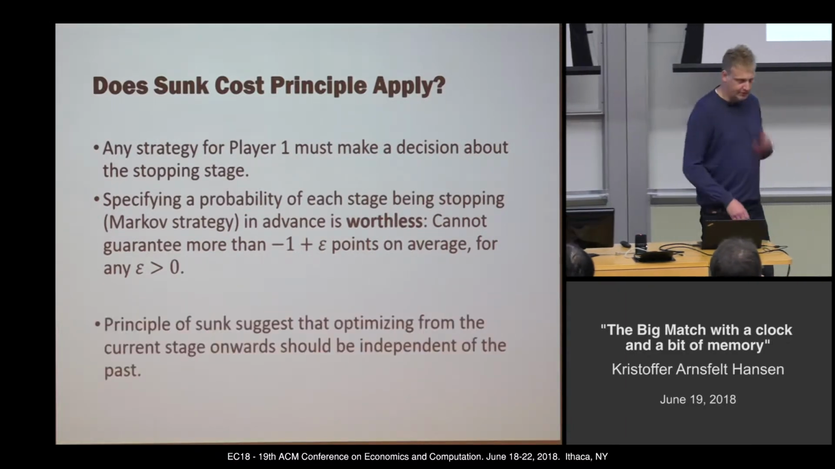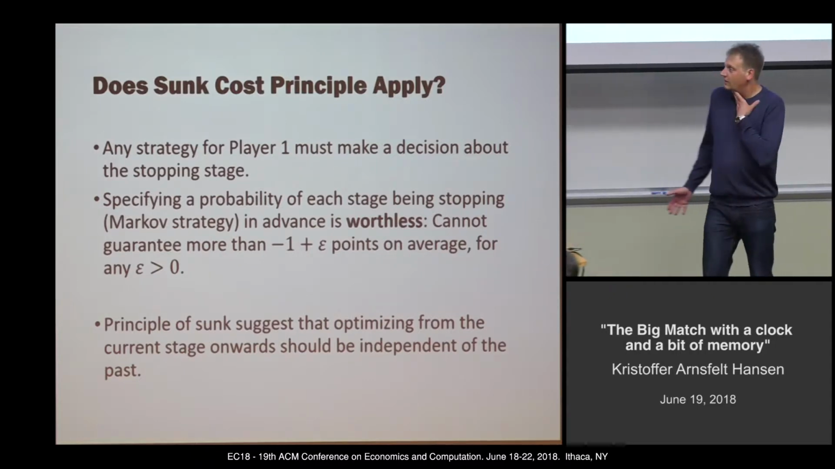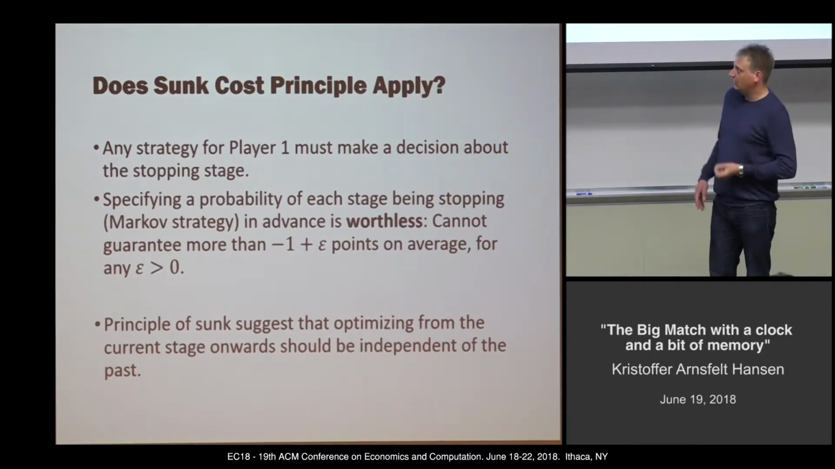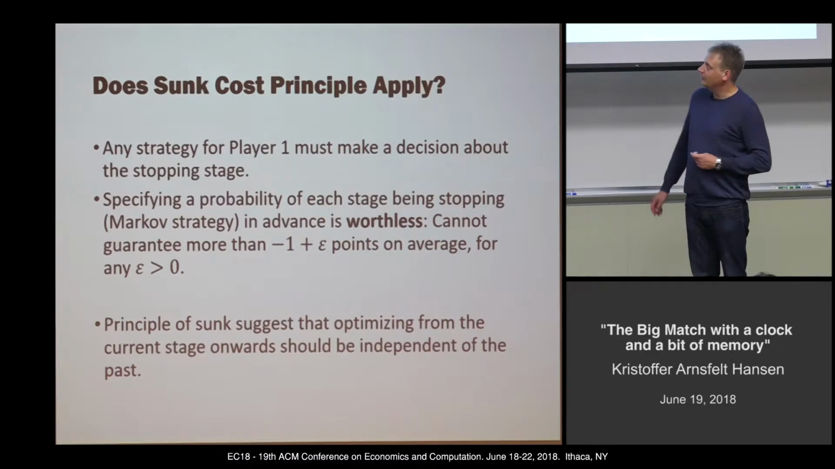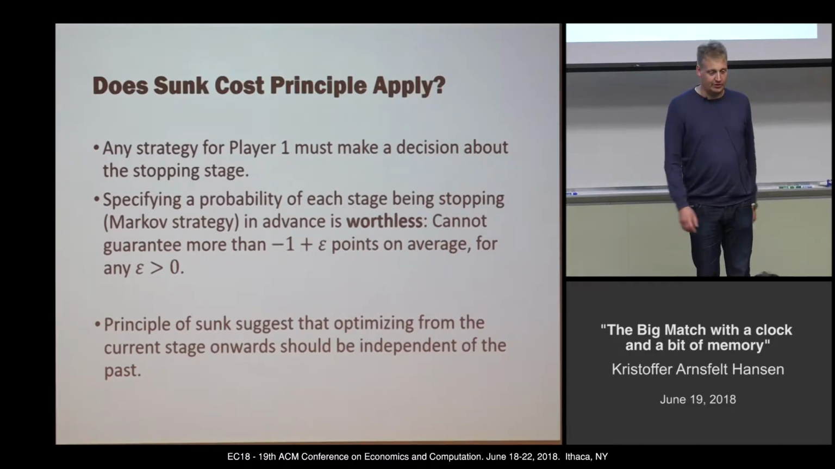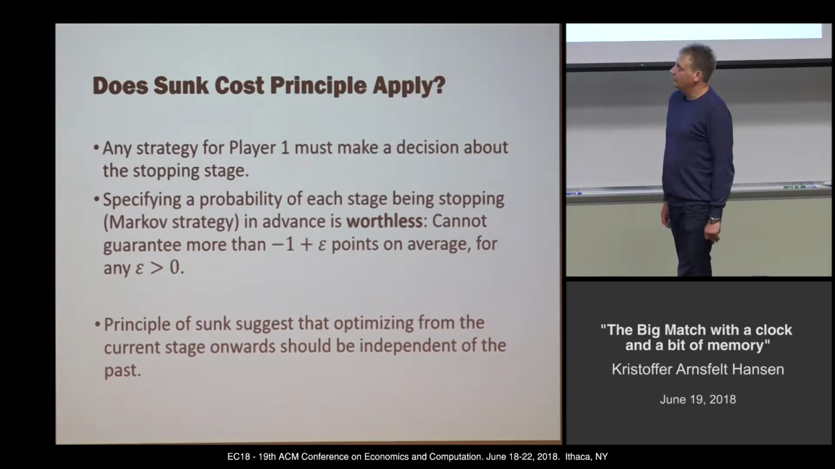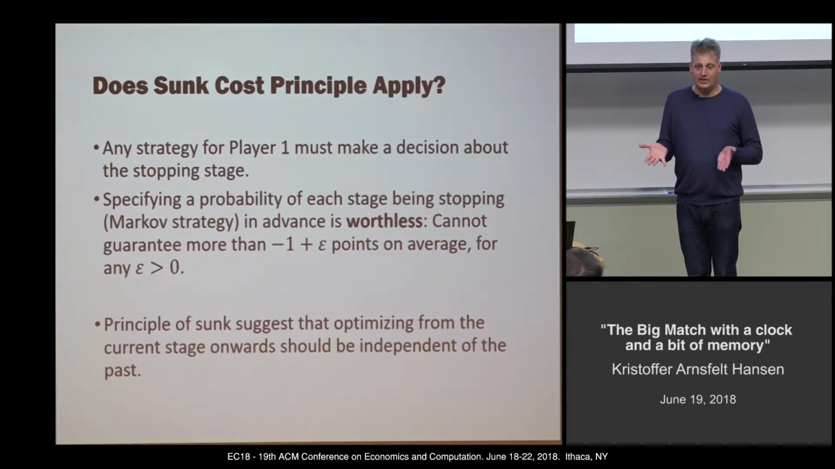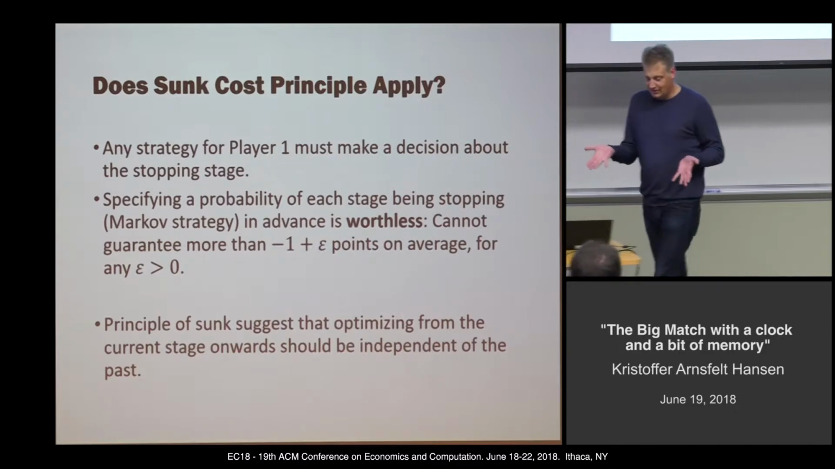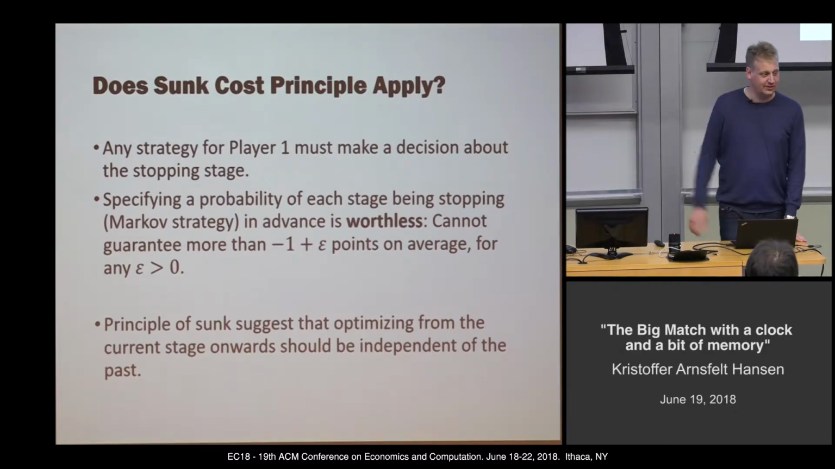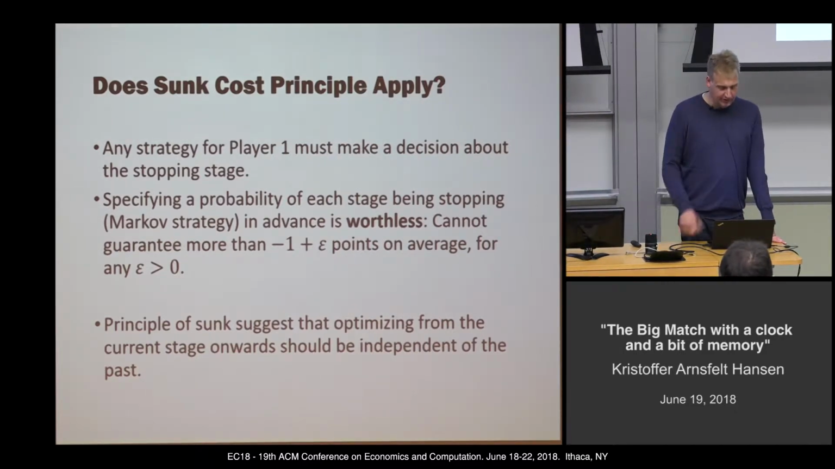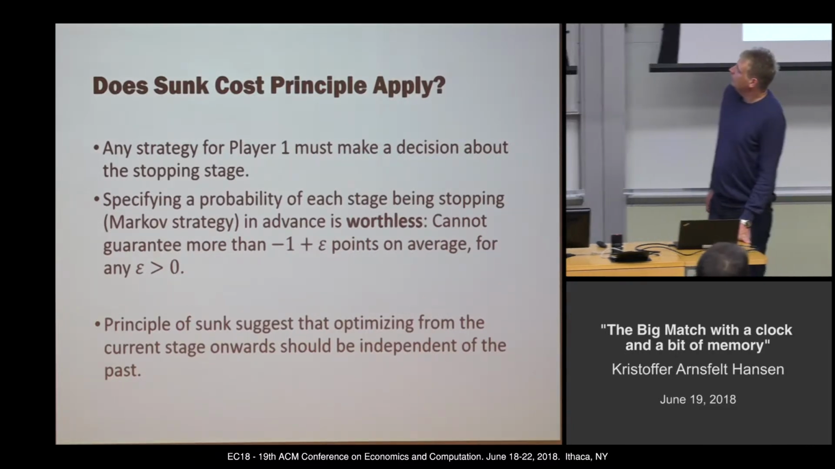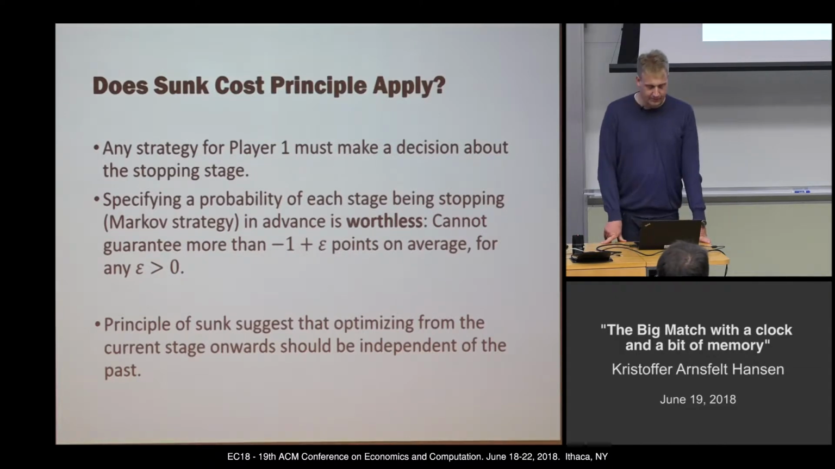So sunk cost should sort of say that you're looking at the average number of points per round. So you're at some particular stage, and why should the past actually matter? Because that has already happened, and you should optimize towards the future. So that should be independent of the past, and then it seems that you should use a Markov strategy, and then it seems you can't do anything for player 1. But that's